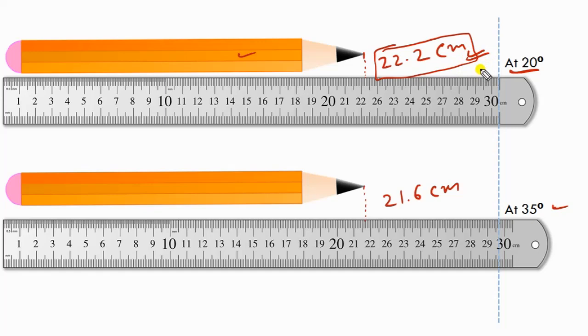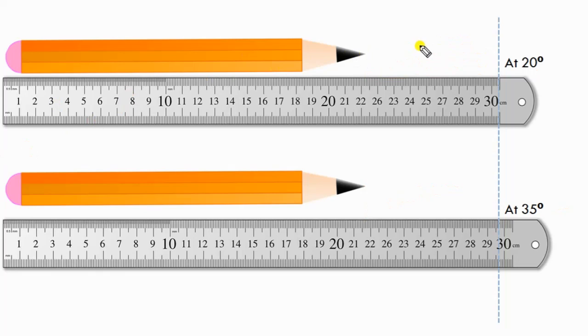While if I measure the same length at a temperature less than 20 degrees Celsius, I will get a value of the length of this pencil more than its true value. That means each time while measuring the length of this pencil at a temperature less than 20 degrees Celsius, I will get a positive error. I hope it is clear now.